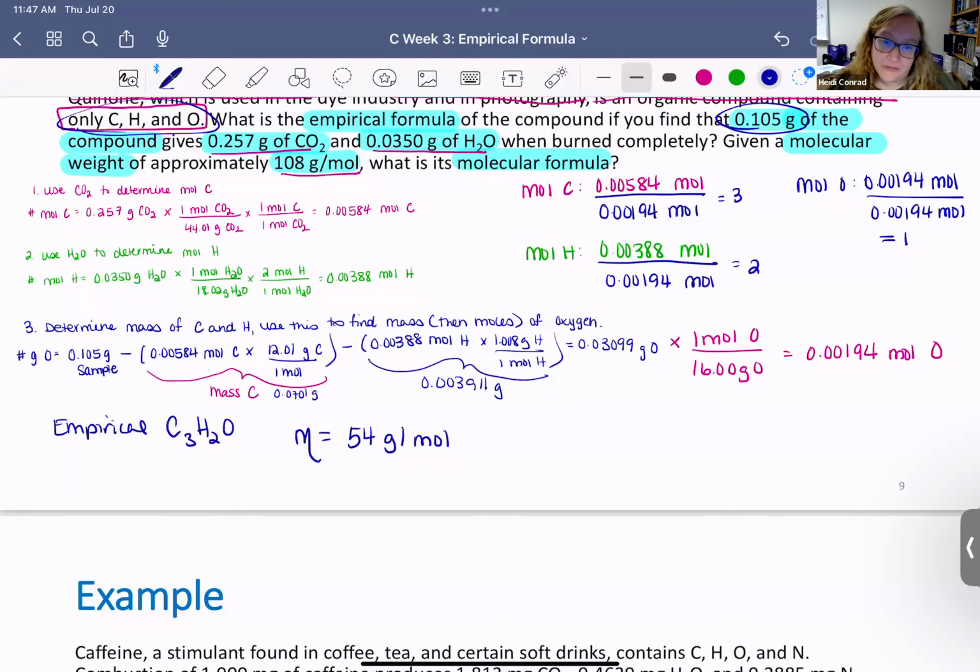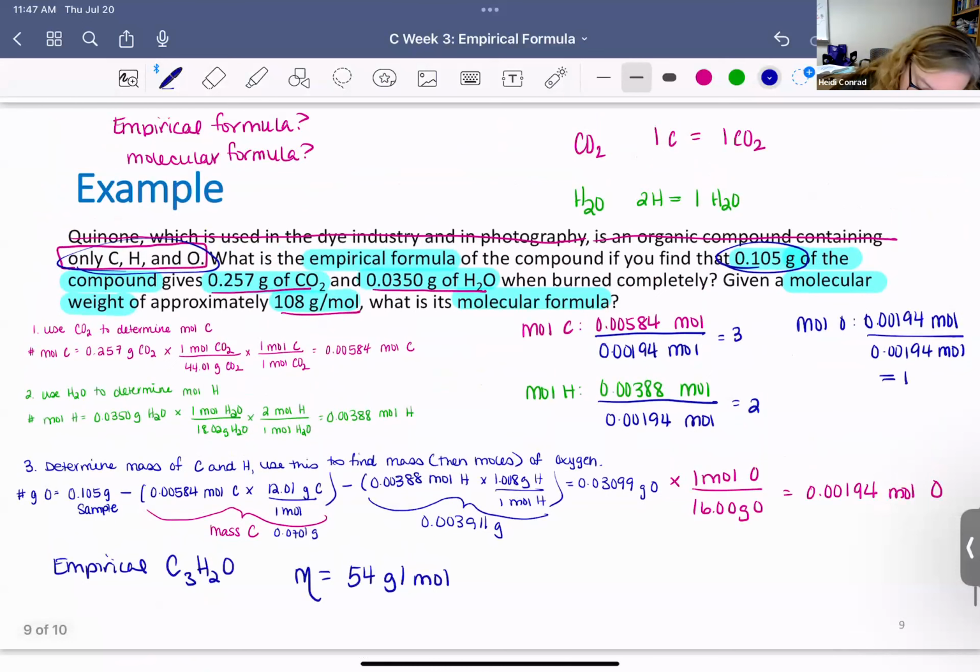Now I can see that really easy from the math, but what if I couldn't? If I couldn't, I would find room on this slide. Good luck, right? 108 grams per mole divided by 54 grams per mole gives me a 2, which means the molecular formula is twice as large as the empirical formula. So molecular formula